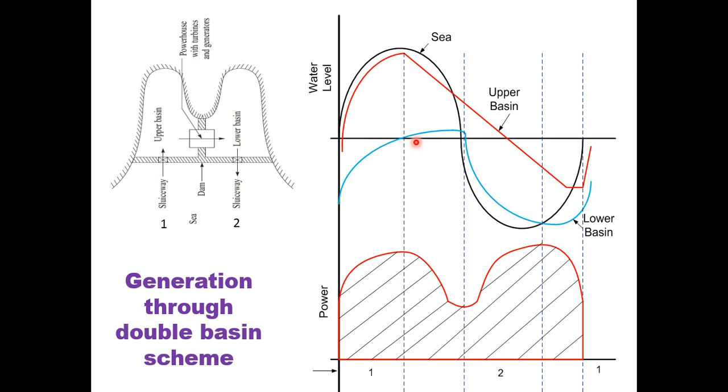Now what happens with this lower basin? The lower basin was actually closed during the high tide period. So this gate is open during the high tide period, and at the same time it is only rising. Why rising? Because the water was coming in during this period. So even though the gate is closed, the level is rising slowly because the water is passing through the TG set in operating mode. So when someone opens this sluice gate,